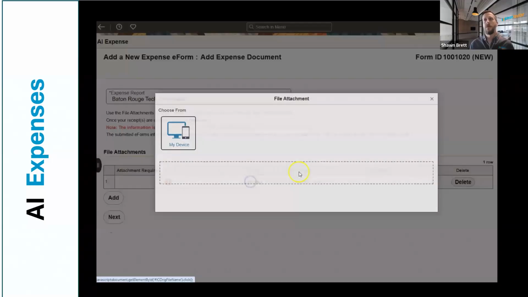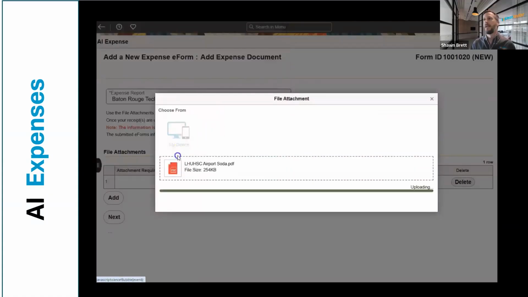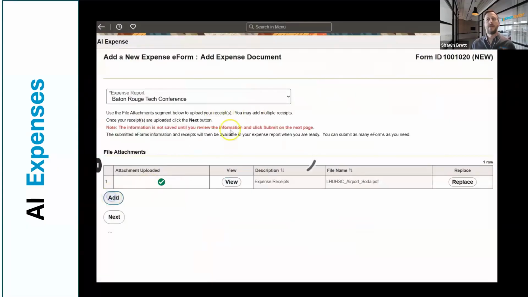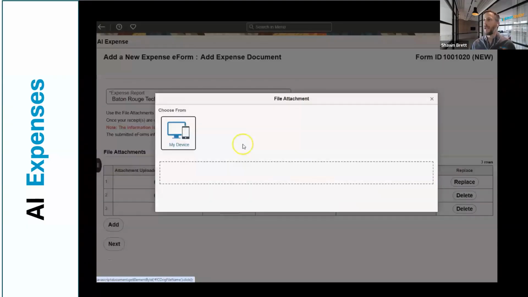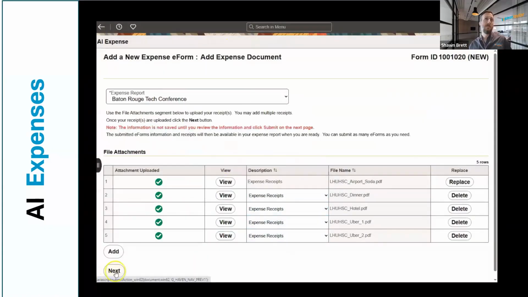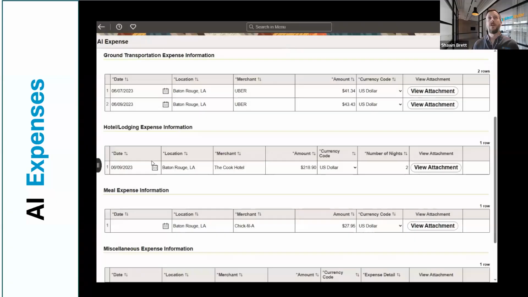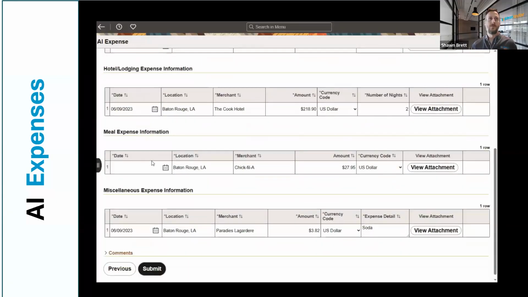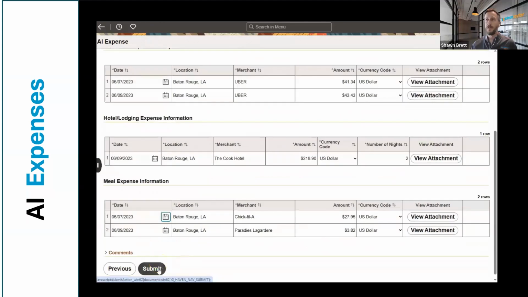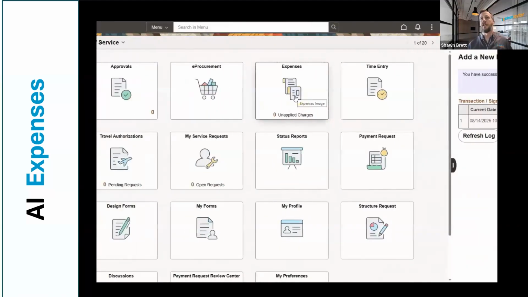where someone can go in, they went to a conference, they've got meal receipts, hotel receipts, airplane tickets, those sorts of things. Normally they'd have to go in and enter all this stuff manually by hand. Obviously, this part's sped up a little bit, but just showing they had a bunch of receipts from this trip that this person had to enter. They've uploaded all these PDFs, and through the AI implemented here, it read all those PDFs and automatically categorized and entered all the data into this form for this person. And you still have the ability, because it's an eForm, to make adjustments to that,